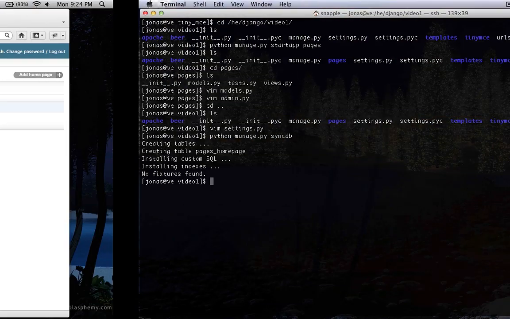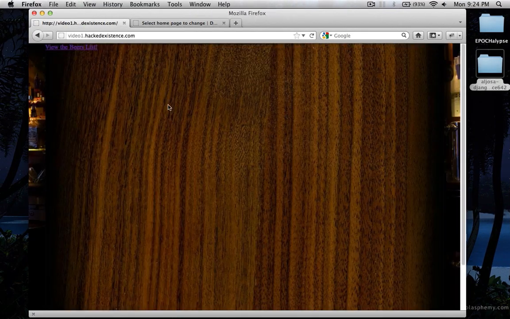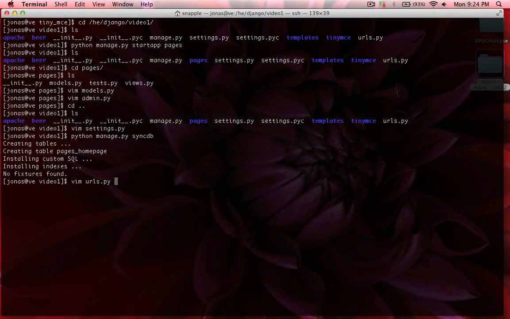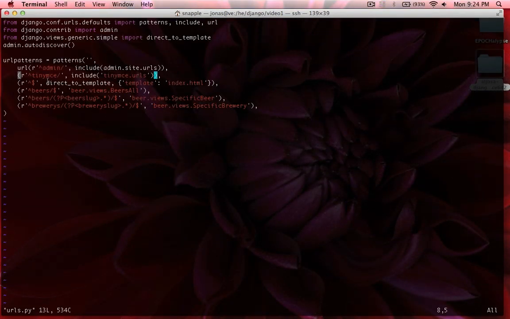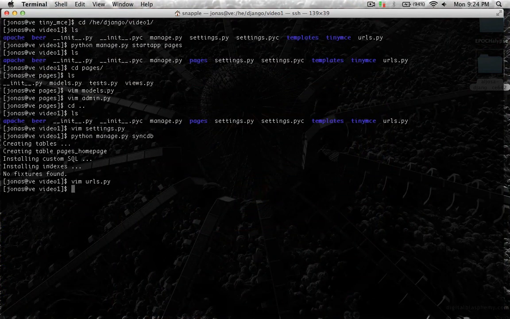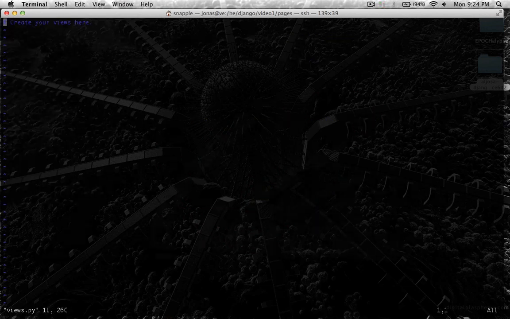Okay, so now we need to create a view that's going to hook up to this homepage instead of just passing it to a template. So if you look at our URLs right now, we're just doing direct to template and we're sending it to index.html. So the next thing we're going to do is go back into our Pages app, create a view for the homepage,